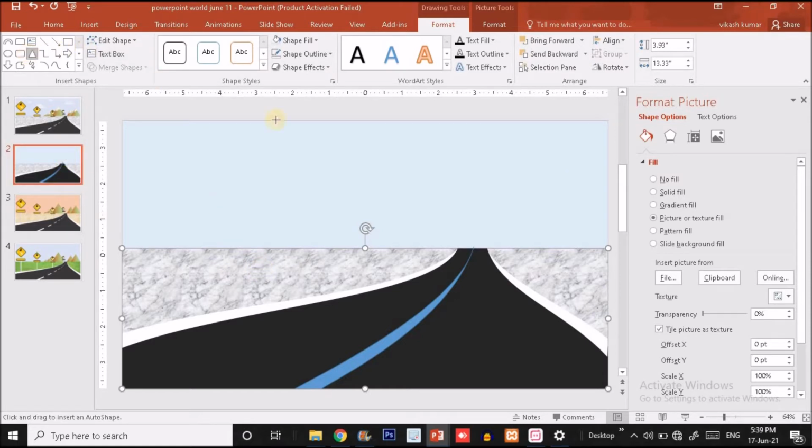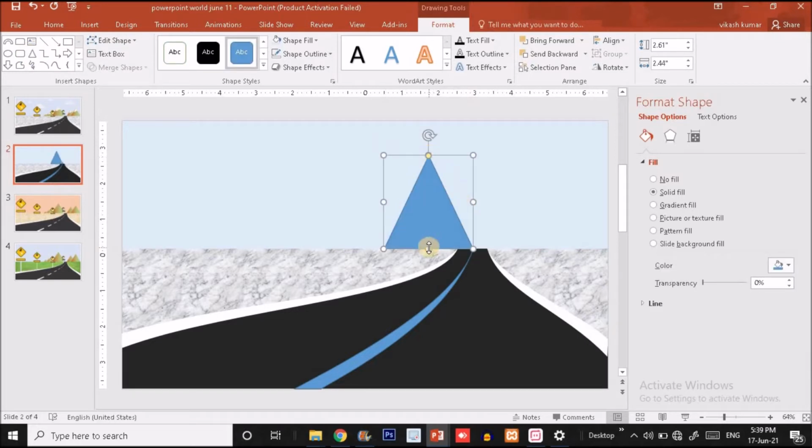Now it's time to create the mountain. To create mountain, I just have to select triangle and make it no outline.